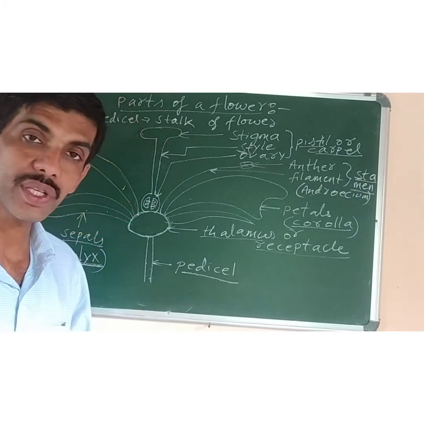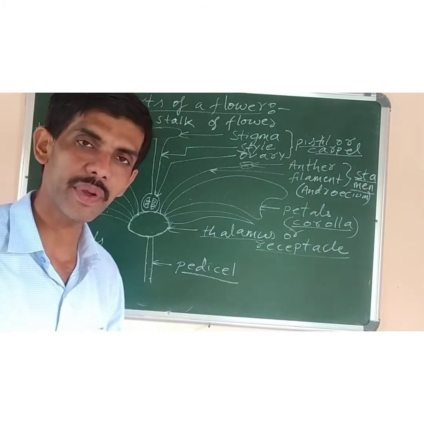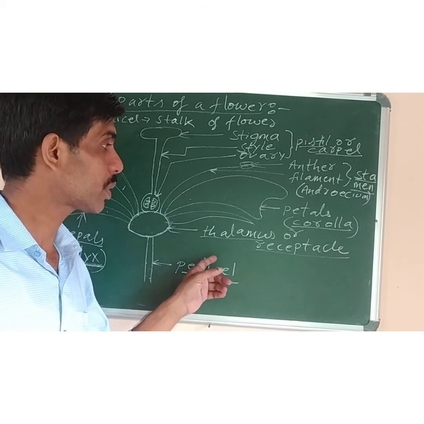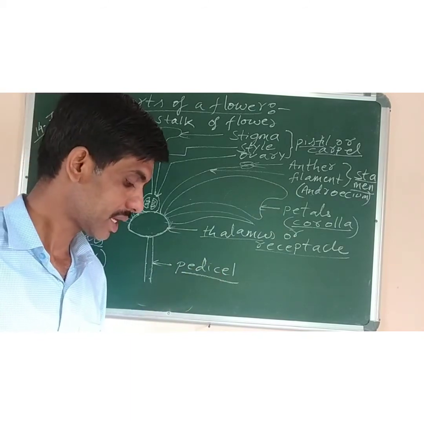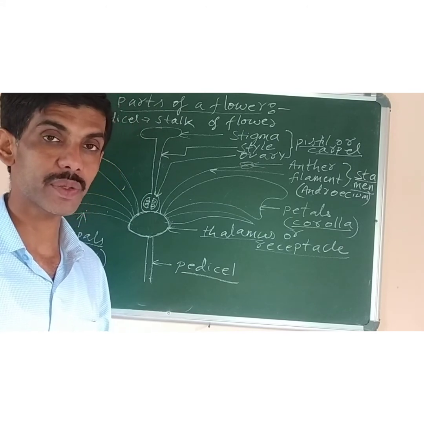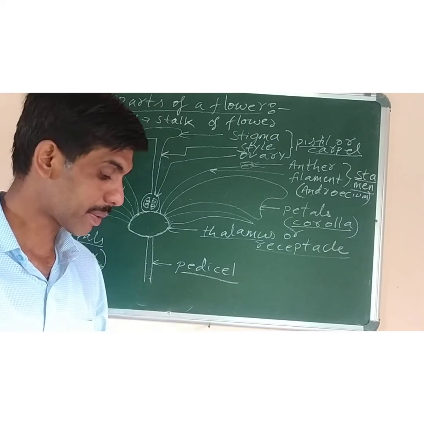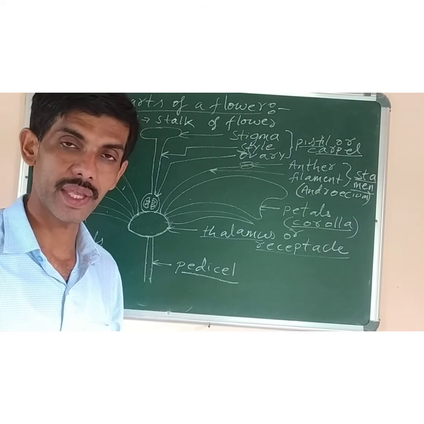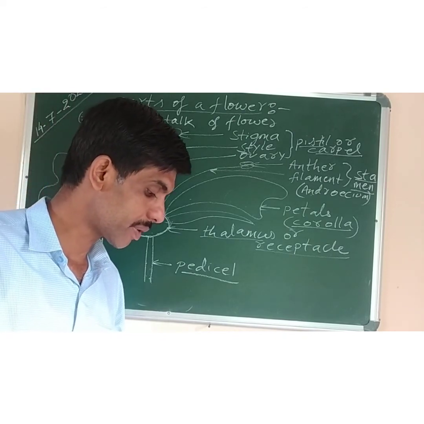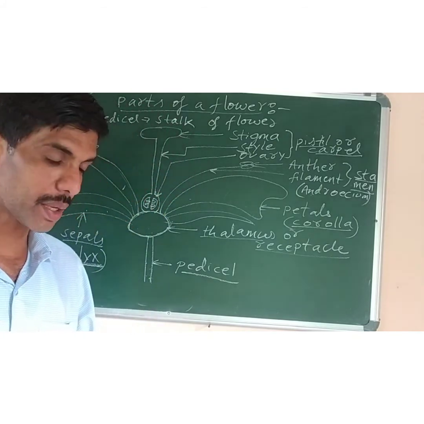Then comes monoecious plant and dioecious plant. What is the meaning of such definition? A plant in which both male and female flowers are present is called a monoecious plant. Example of monoecious plants, which plants are they? Like pumpkin, castor and maize. Maize plant contains both the male and the female flowers present on the same plant.